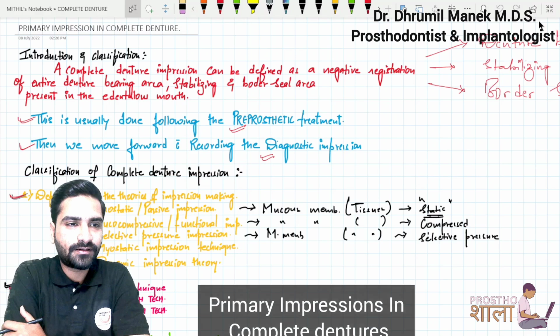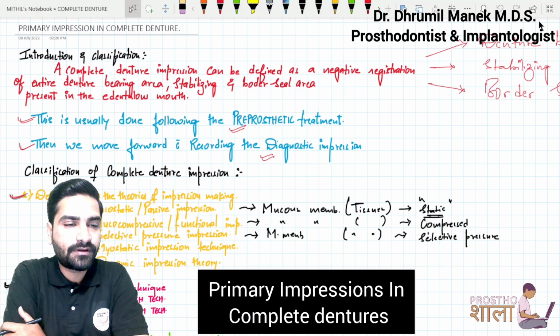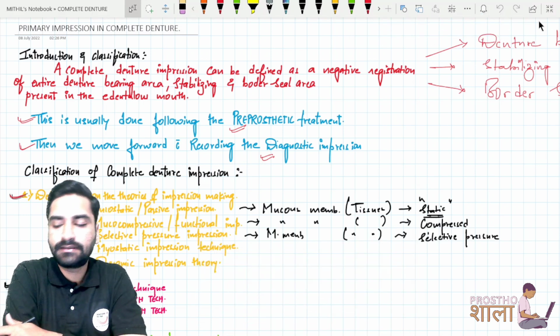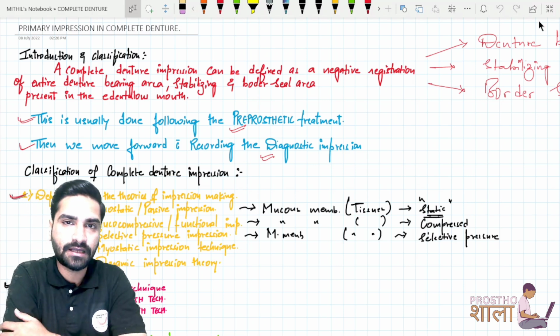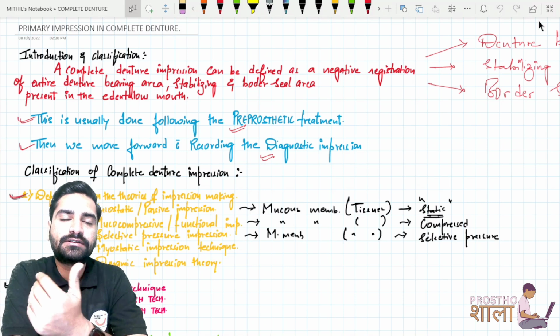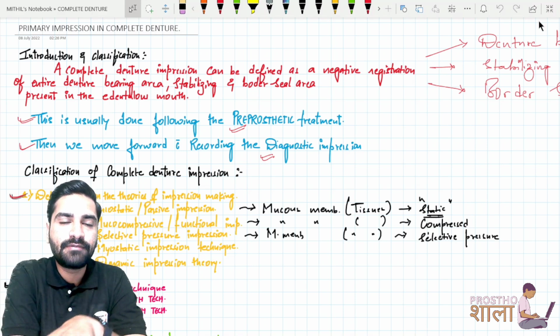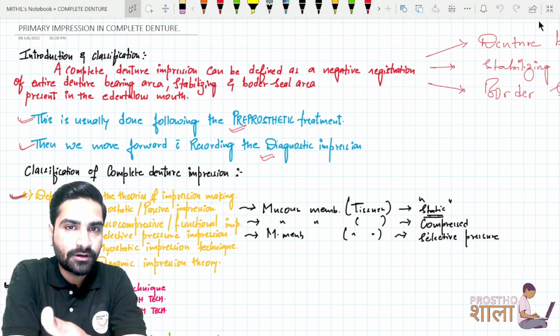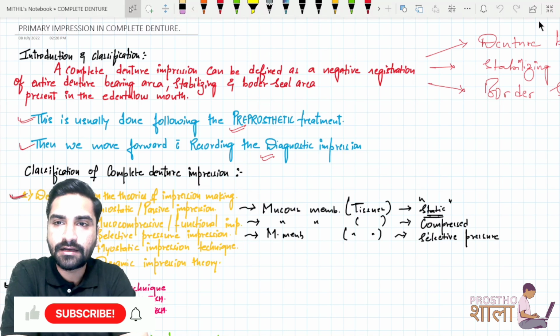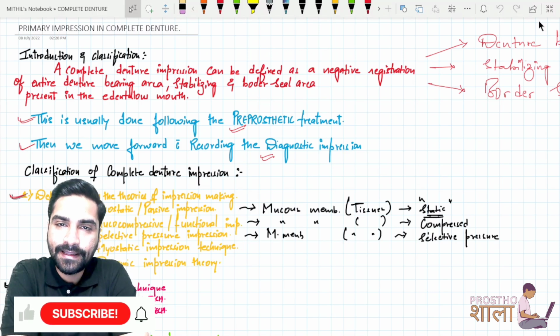Hello everyone. So in this lecture we are going to discuss the primary impressions in complete denture, or impression making in complete denture. This is something which comes very first after your diagnosis and treatment planning, right? Once you have diagnosed and planned the necessary treatment for the respective patient, the first thing you would require as a prosthodontist or dentist, when you are prosthetically rehabilitating the arch, is a primary impression,